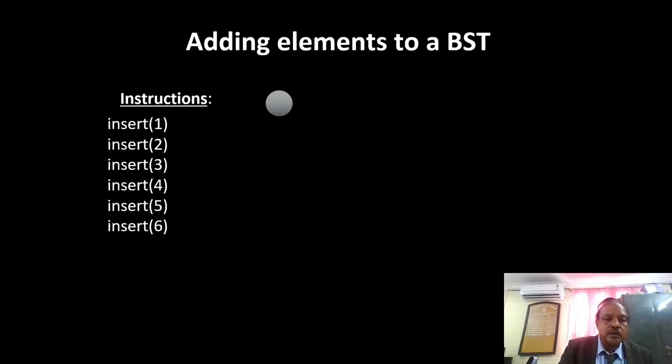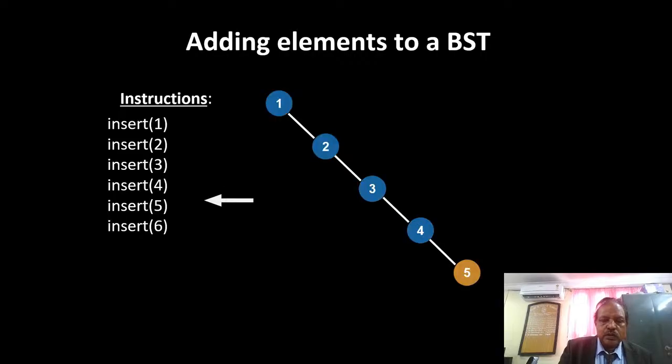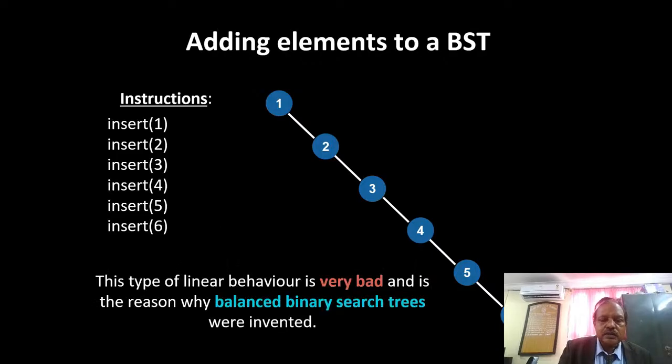So first I insert 1. I added 1. Then 2 is greater than 1, so it should come to the right. So 2 is here. Then 3 is greater than that one, it will come right to that one. 4 is greater than 3, it will come right to that one. And 5 is greater than 4, it will come right to 4. And 6 is greater than 5, also it will come to the right of that one. So this is the binary search tree. Fine. So this type of linear behavior is very bad, and it is the reason why balanced binary search trees